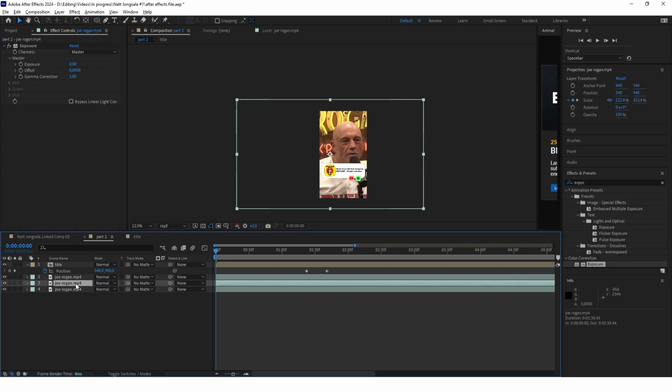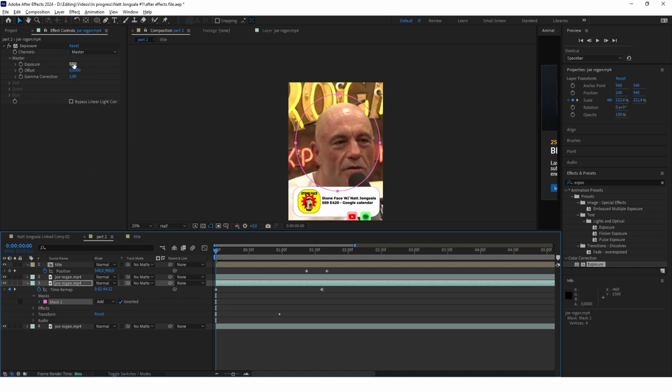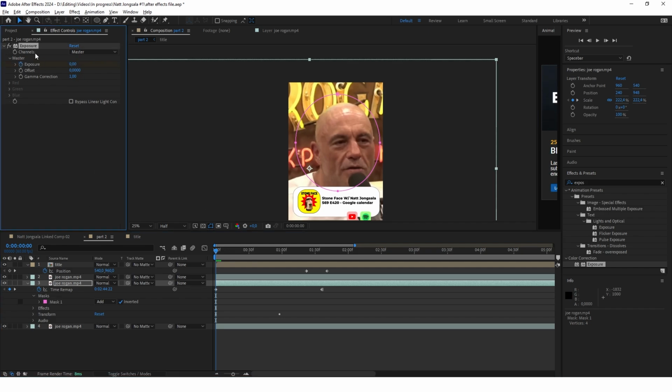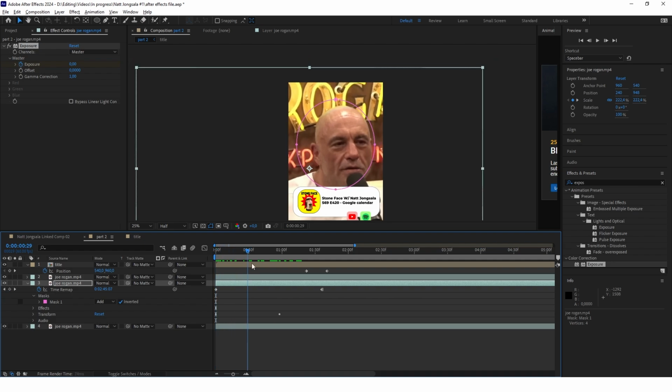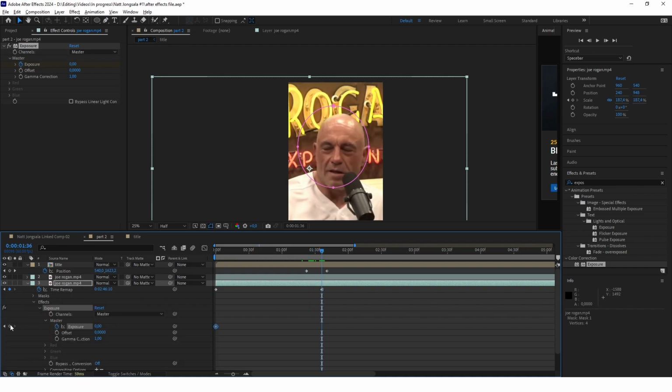But now with this middle layer selected, go to the Ellipse tool and draw a mask. And make your mask look like that and then invert it. Now is the time when we will go to exposure. So keyframe the exposure at the start and go to the moment when you will be changing the backgrounds. So it is the same moment where there is this toggle hold keyframe. And keyframe the exposure here again.